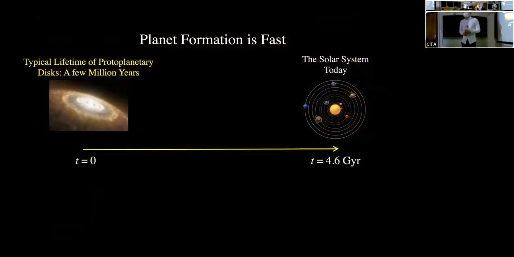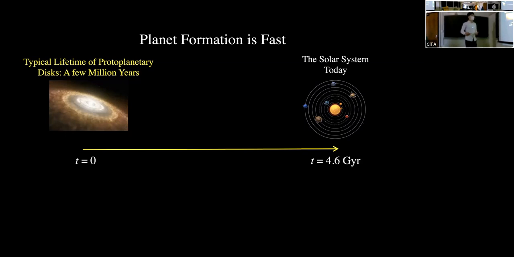One thing I want to highlight about planet formation is that it is fast. The solar system today, as we know, is about 4.5 billion years old, and the Sun is just an ordinary star in the Milky Way. Protoplanetary disks, on the other hand, only last for a few million years. At the end, the gas and the dust in the disk dissipate, leaving behind a debris system. So